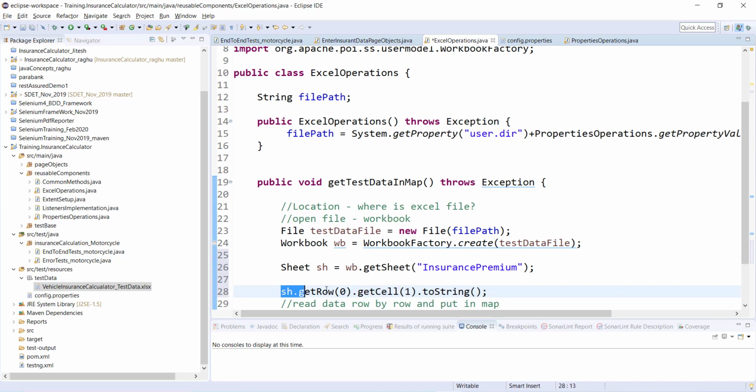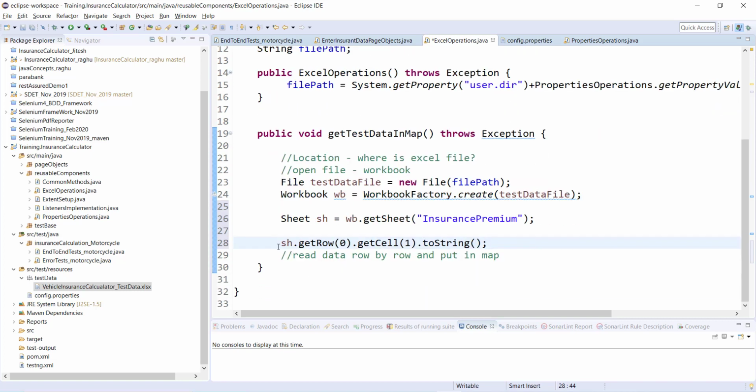If I write something like this, now I already know how to read the data by using something like this. Now, let me comment out this part for some time. My objective is to put the data in a map. In order to put the data in a map, first I should create the object of HashMap, right? So I'll say HashMap,